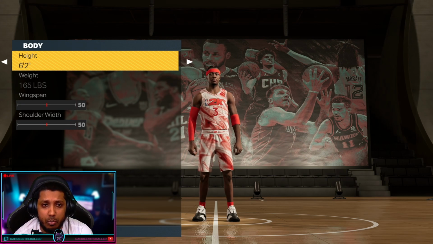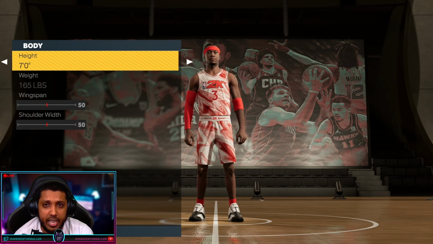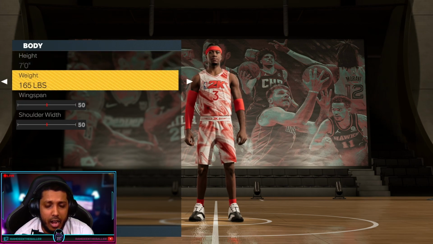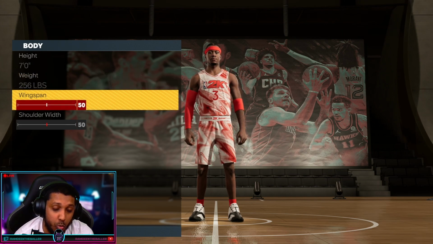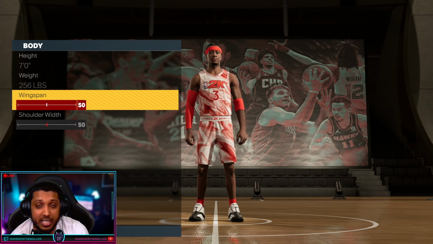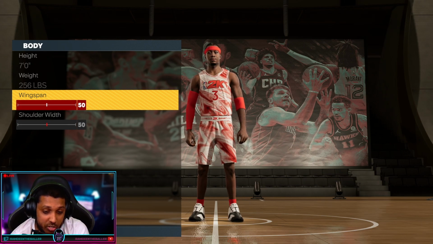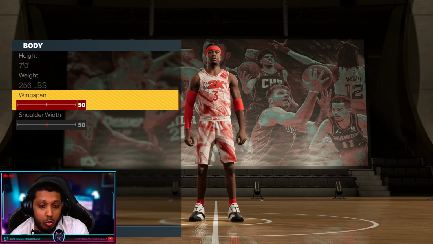So whatever height your player is, you're going to choose that height. My player was 7 foot, and he was 256 for the weight. So let me put 256. Make sure if your player name does not come out, that means you've messed something up. And the wingspan is where a lot of people are going to mess up. I'm going to try to explain this in the simplest way I can. So what you guys want to do, the lowest wingspan and the lowest height that we can go,